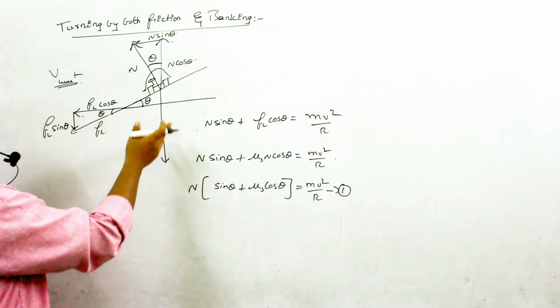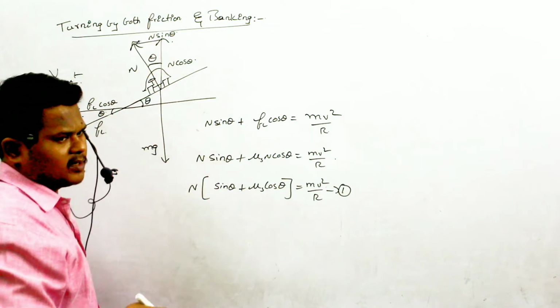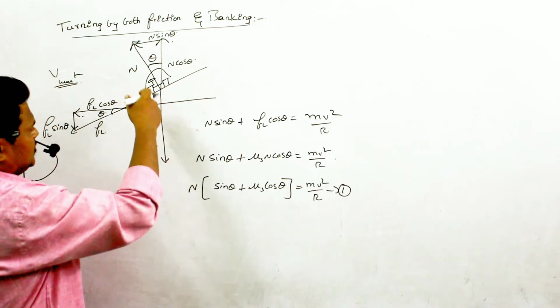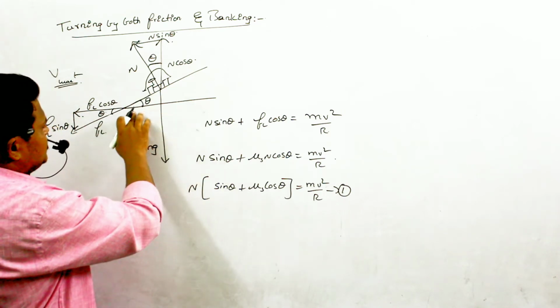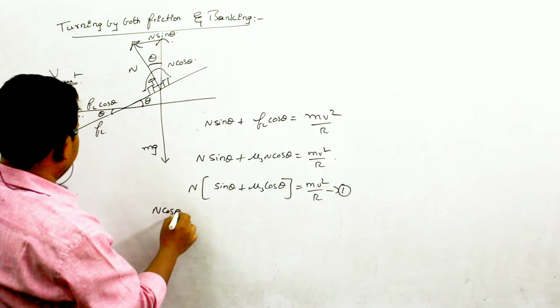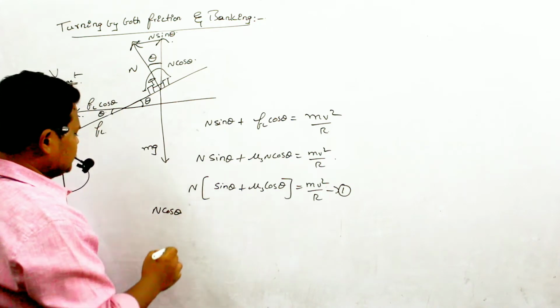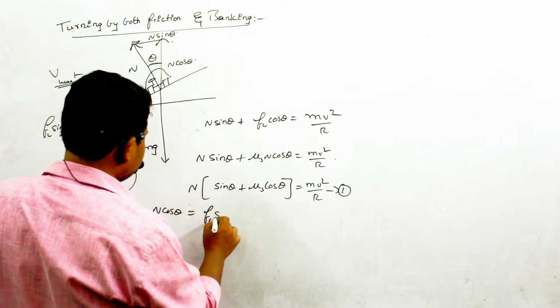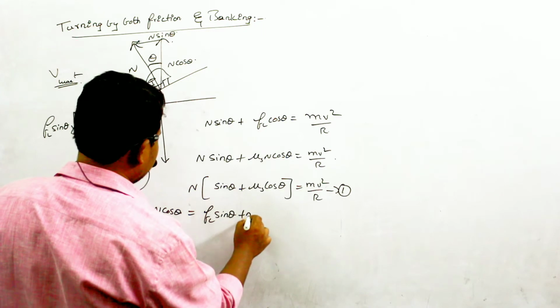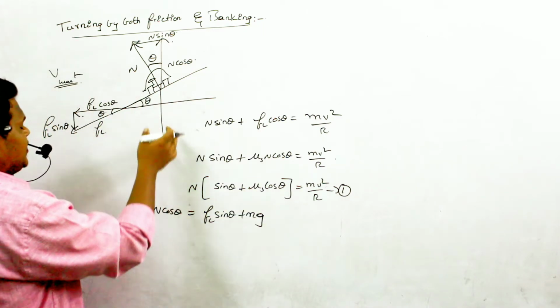So definitely these vertical forces must be balanced, because the car is not moving upwards, the car is not coming down here. So along the vertical plane it is at rest. Therefore I can say N cos theta must be equal to Fl sin theta plus mg, because these are the two forces acting downwards and N cos theta is